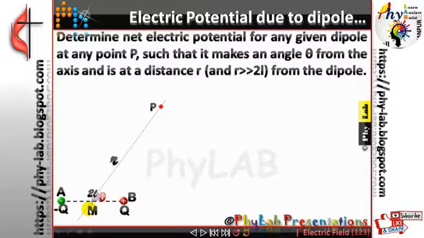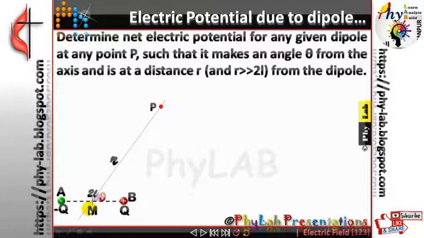Friends, in order to find the electric potential at this point P, I would once again be asking you all very few basic questions that we have learned in our previous classes. If anybody hasn't gone through, I would recommend you to please go on and look into the playlist of electric potential, so as all the discussion over here starts making sense to all of you.